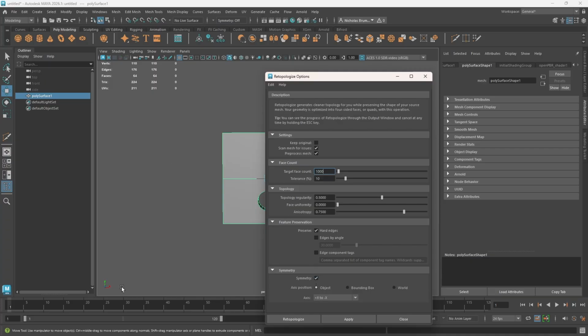You can see that we have our X symmetry axis right here, and down here it says positive X to negative X. All right, so let's turn this on, object X, and then let's go ahead and hit Retopologize. Now again, Retopologize will close the window. If I hit apply, it will perform the function of Retopologize, but it will leave the window open